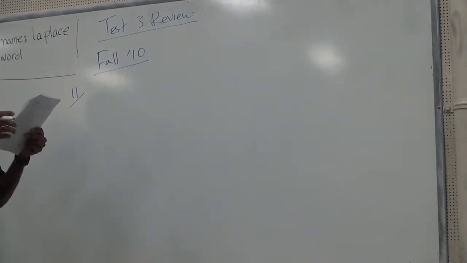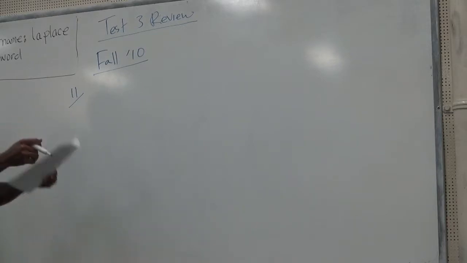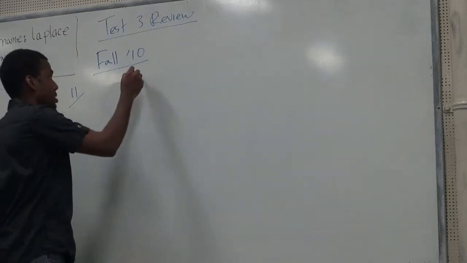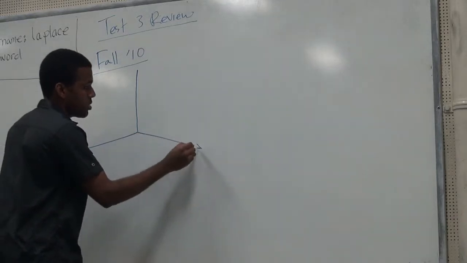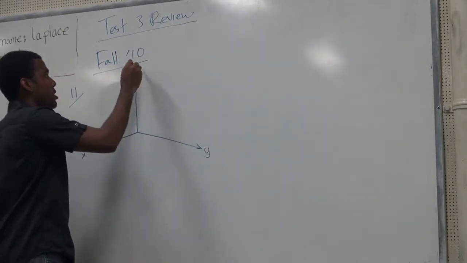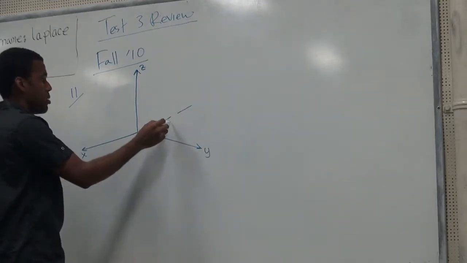A cup of radius 3 is filled at the bottom with a layer of chocolate ice cream, then with vanilla ice cream, and the top with strawberry. Sounds like a plan. Okay, so I would make my cup. The first thing is we want to know a nice way to model this cup. It's hemispherical, so I would probably